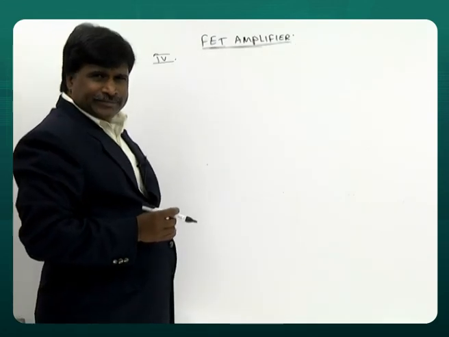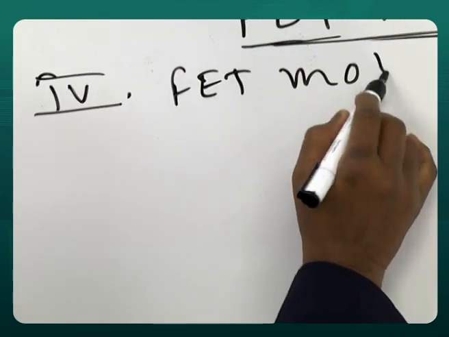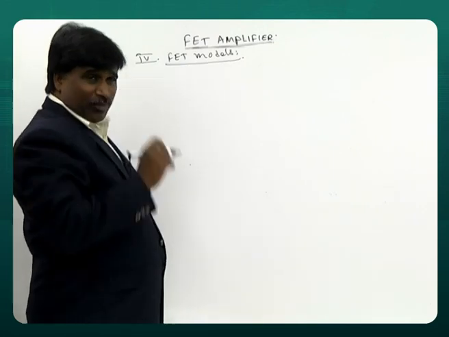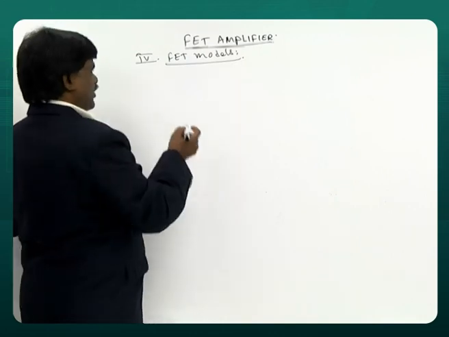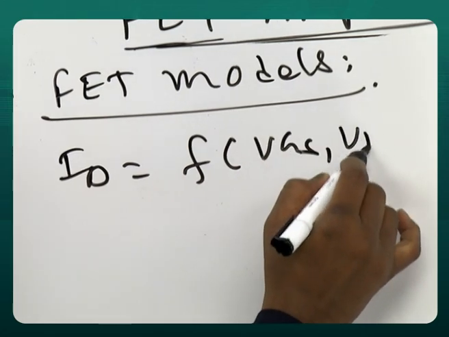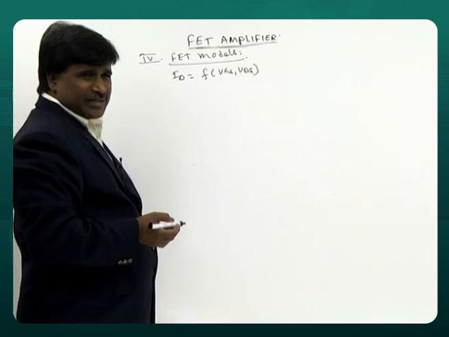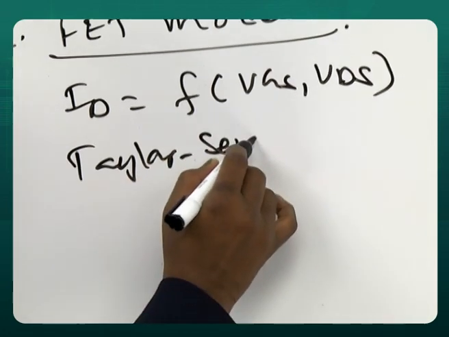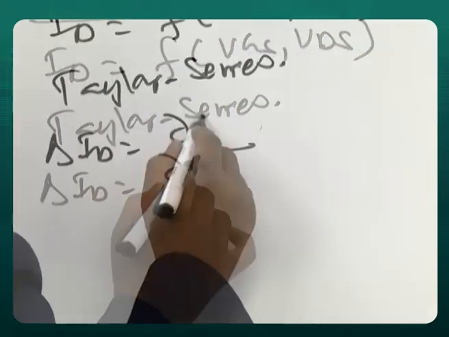Fourth heading. That is called FET models. For any device, there should be a model. Before you go into analysis, you should have a mathematical model. That model is developed on ID is a function of VGS comma VDS. Now for such an equation, go to Taylor series. That is called change in ID is equal to